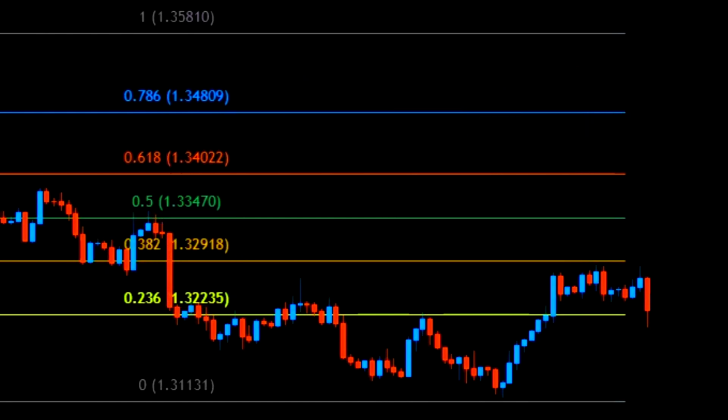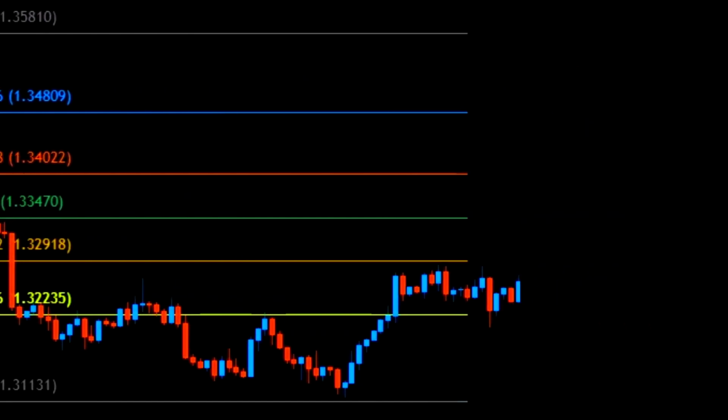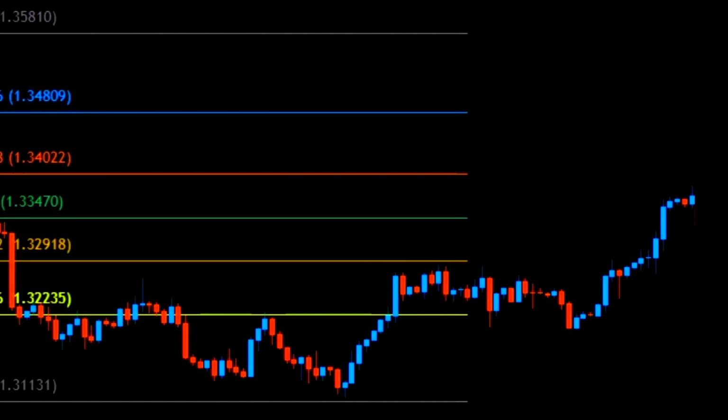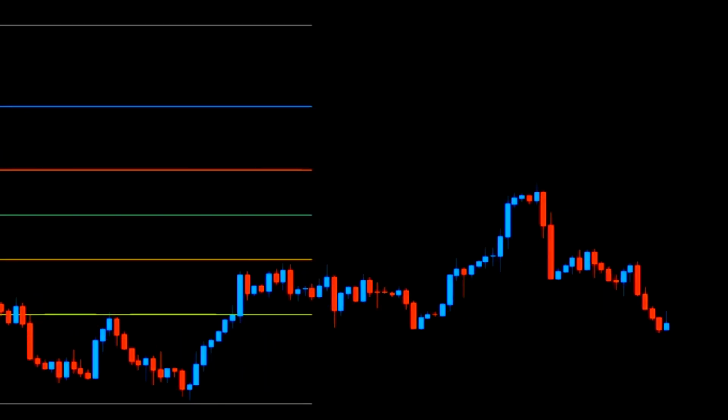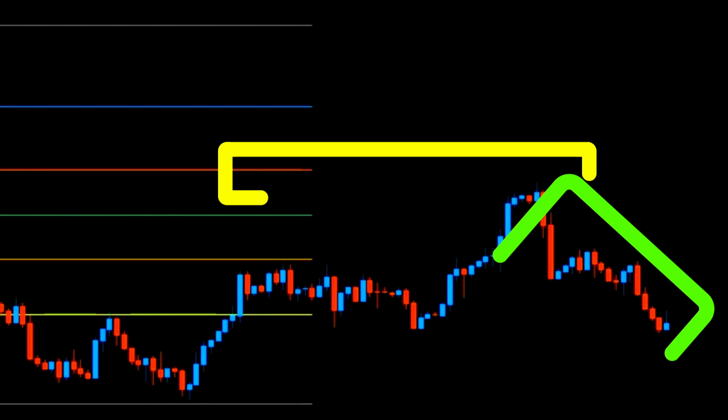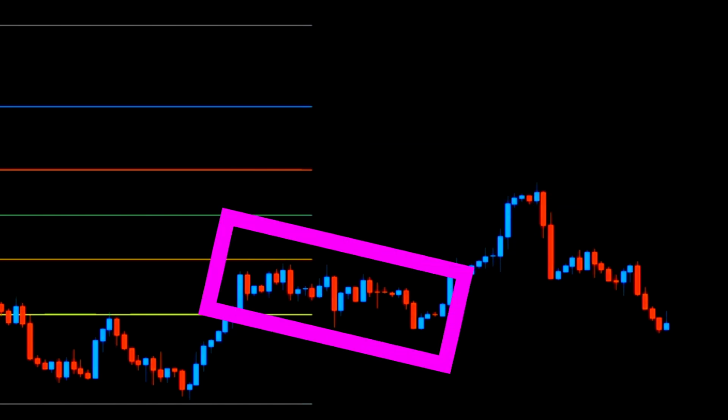In this example, we can clearly see that the market first went a little below from the 38.2% level, but then it started going above, and then from the 61.8%, it finally made a break and continued going downside. A lot of early sellers would have been trapped in this move of the market,